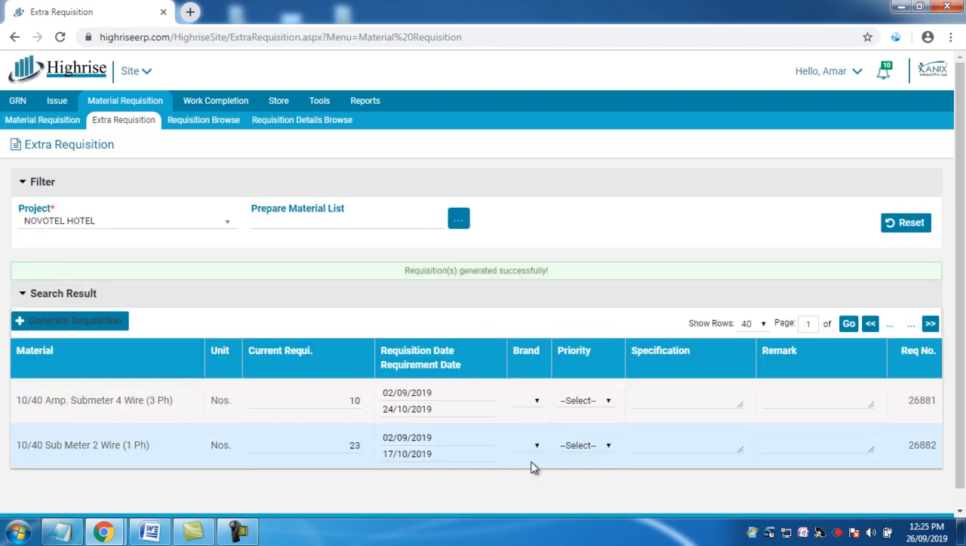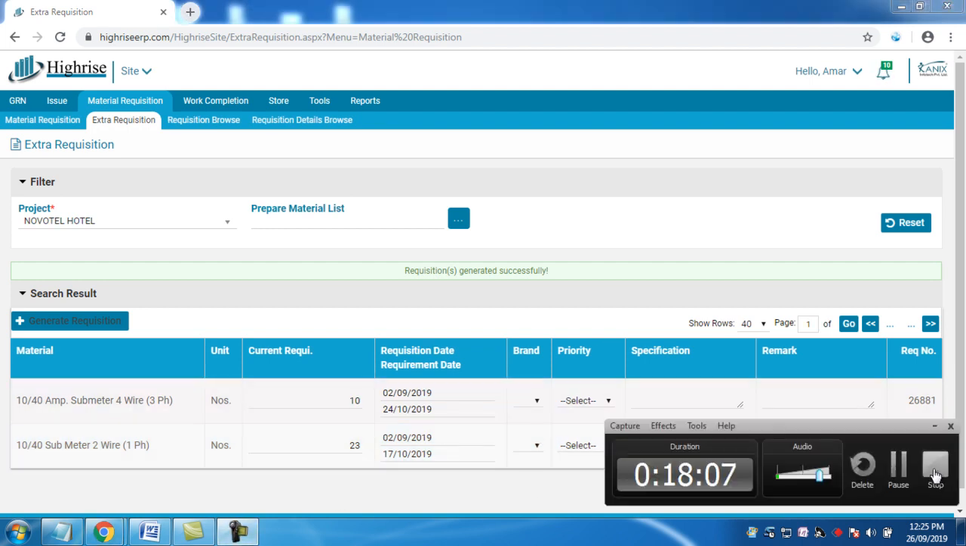In this way, a site engineer or site in-charge raises his requirement related to material to the approving authority here in the software. So after generating this requisition through a menu,